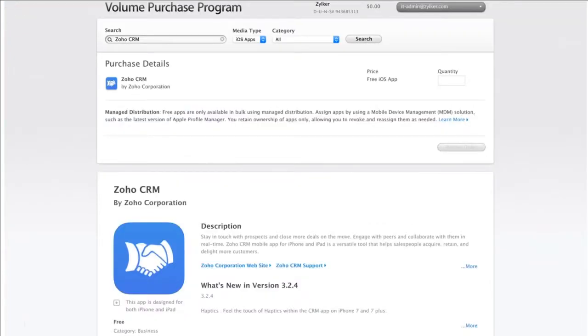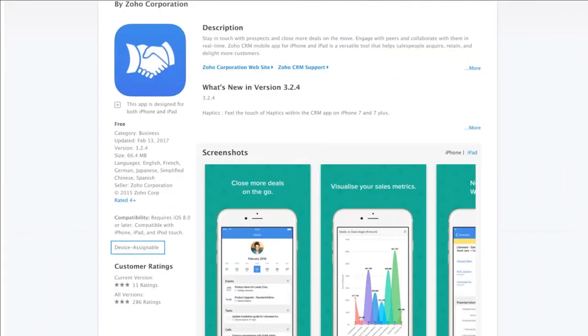Before you go ahead and approve this app, you need to ensure that this app is device assignable. To do that, scroll down and you will find the device assignable option over here. This ensures that the app is silently installed on the end user's device and also gives you control over the app updates. Once you've confirmed this, you can scroll back up